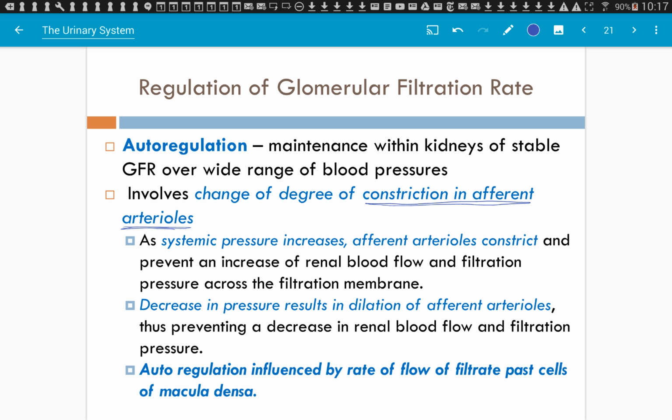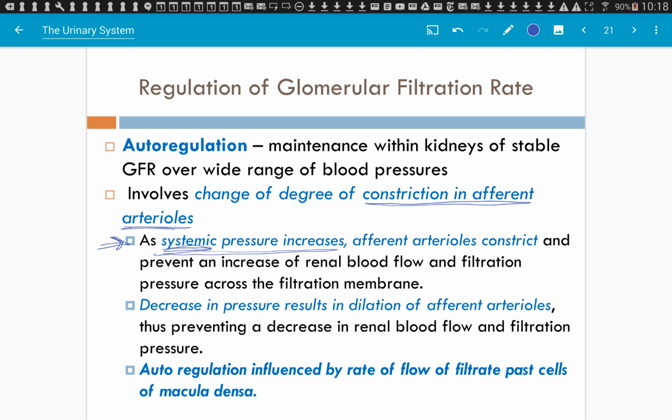So more specifically, if blood pressure increases in your body, so systemic pressure increases, your afferent arterioles are going to constrict, and so that prevents too much blood from flowing into the Bowman's capsule,